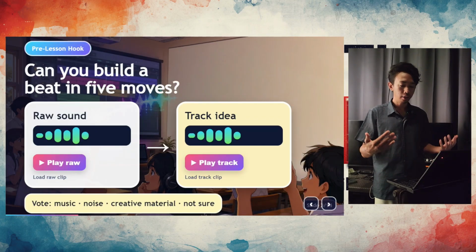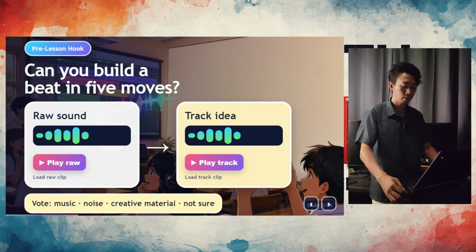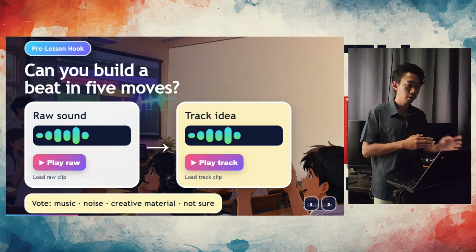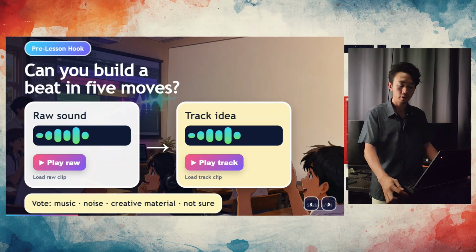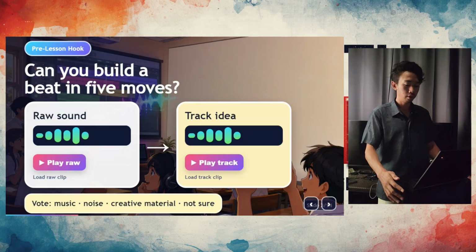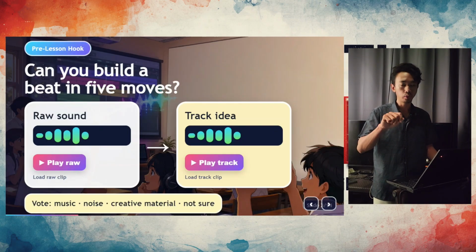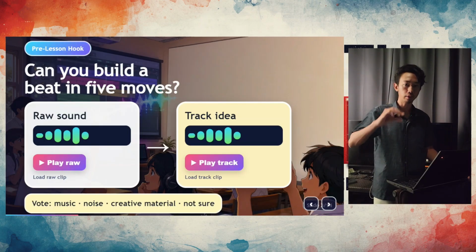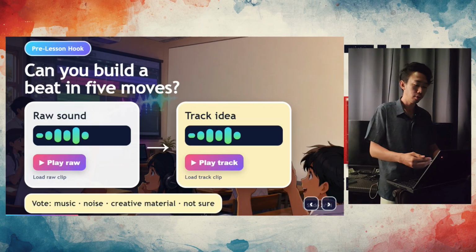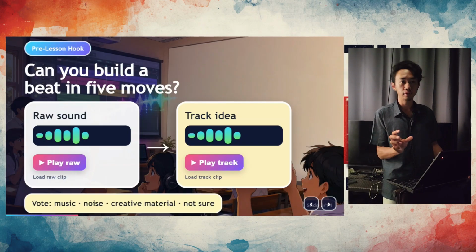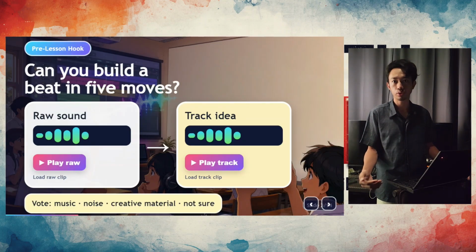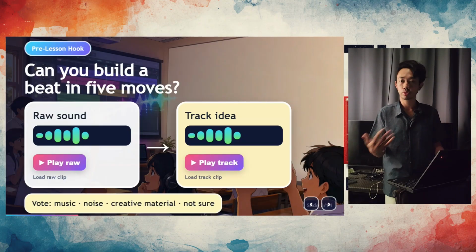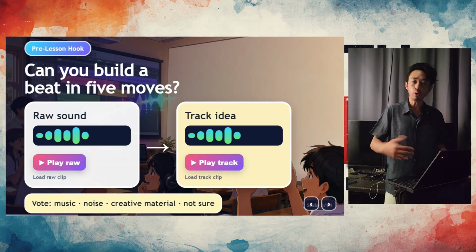Like in this track idea, I used trim. So I trimmed down the raw sound, and you can also use looping, and then you can add a layer since I added another sound, and you can adjust the volume and then the export or sharing feature. So those 5 are the most common or most possible